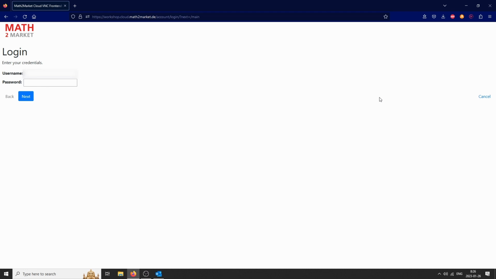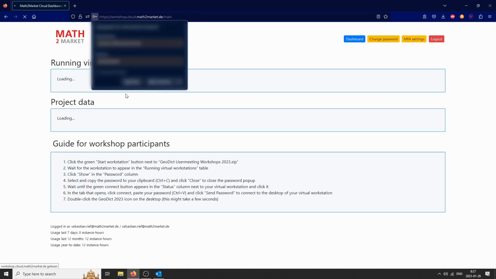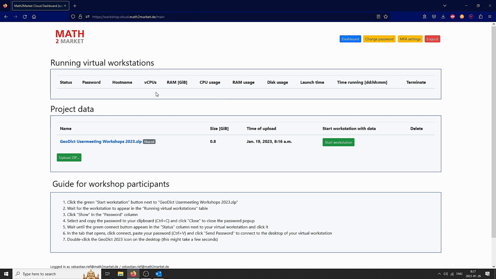Now let's log into the cloud interface for the workshops. If you haven't already done it, just log in with the credentials you have received via email. And then the cloud interface opens. It might take a bit longer for you since you log in the first time, maybe, but in principle it should work the same as here for me. Then here below you see already a list about the steps we have to do to log in here, and we will follow them now.